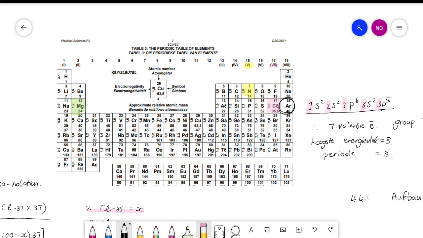I'm actually drawing the energy level diagram of argon if I'm looking at the elements on the periodic table. Okay? Want ons het mos gesê alle ione kry elektrone by of verloor elektrone totdat hulle weer gewerk